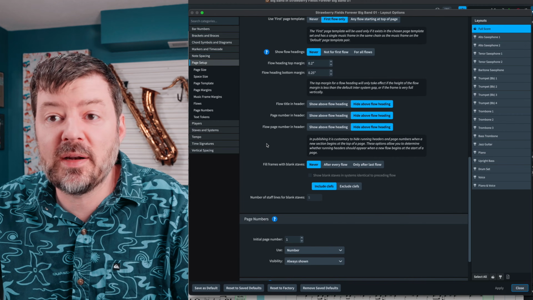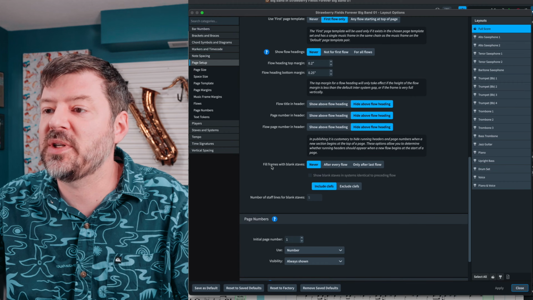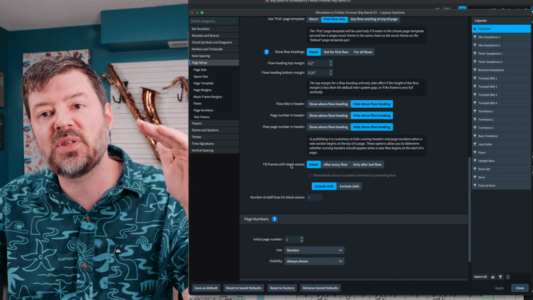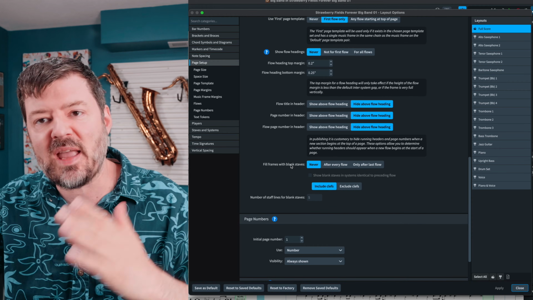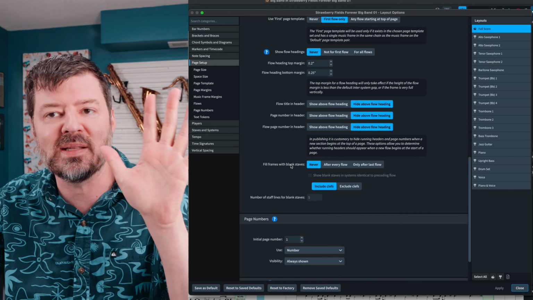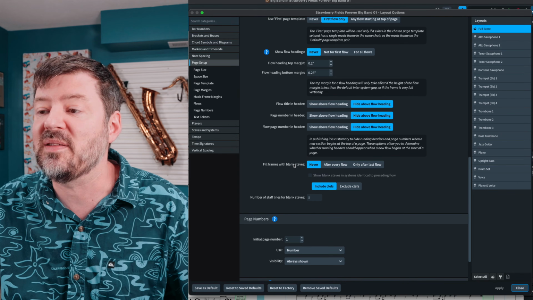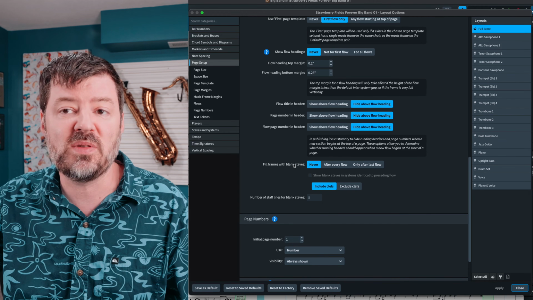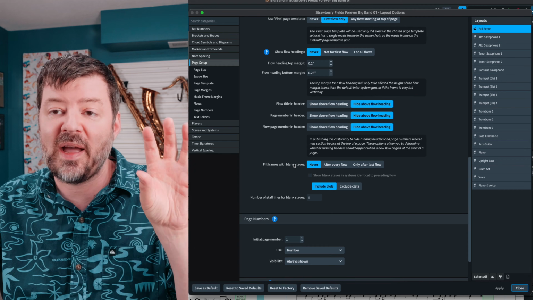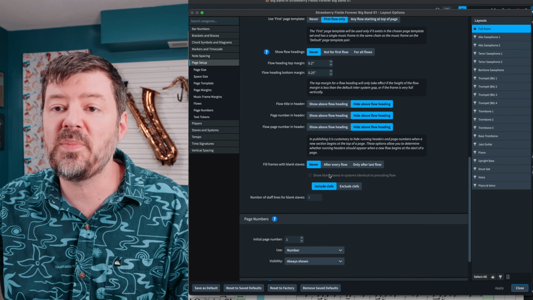There's one final option here that I think is kind of cool, and it's a little bit sneaky, which is this fill frames with blank staves. Old fake books used to just have blank staves underneath the music. So let's say you had a lead sheet that was only 3 lines, and then Dorico will go ahead and fill the rest of your page with blank staves. Now, some people would find this useless, but if you were creating an educational document and you wanted to have music on the top and then space for students to work underneath it, this would be a way for Dorico